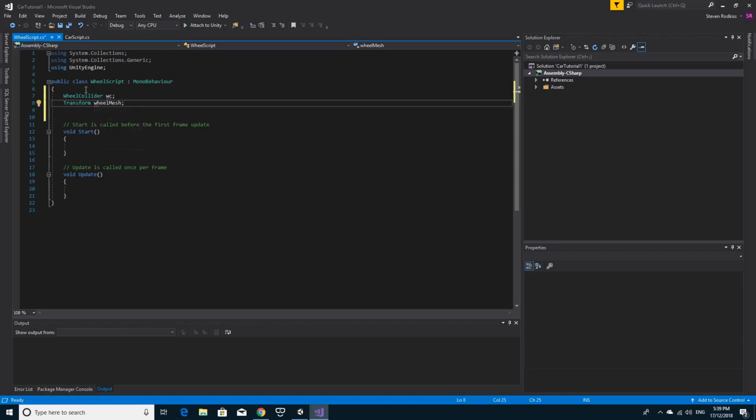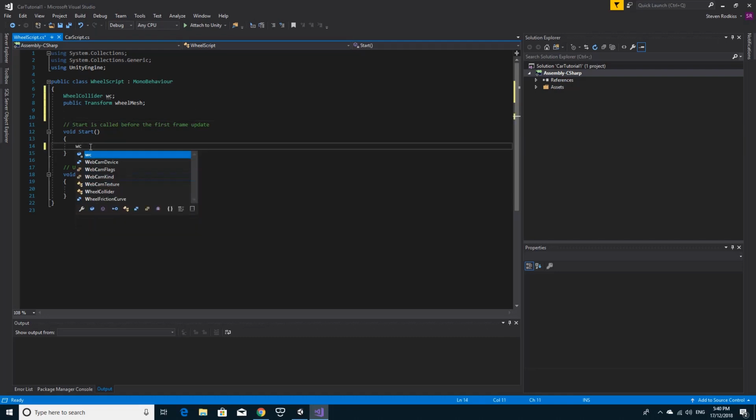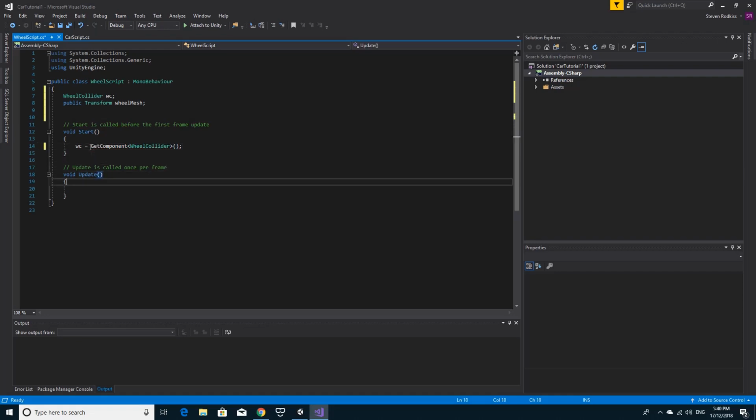There's probably a couple of ways of doing it. We could get a child component, or we could make this public and drag it on. So probably the easiest way right now is to make this public and drag it on inside the inspector. Right here we're going to say WC equals, and we're going to get the component of wheel collider that is on this object. And then inside of the fixed update, so it happens at the same time as the physics updates, we're going to say that the wheel mesh